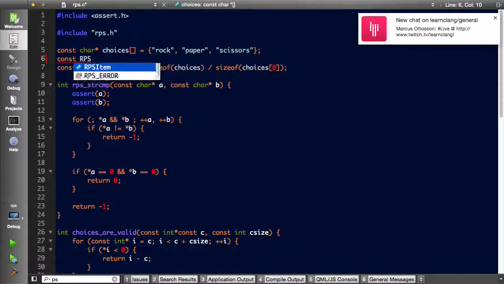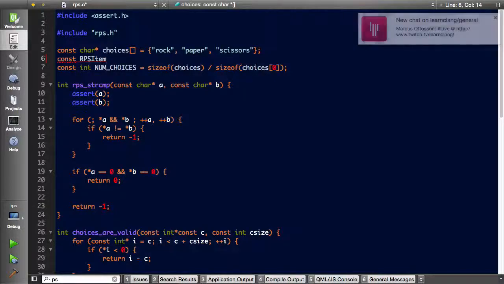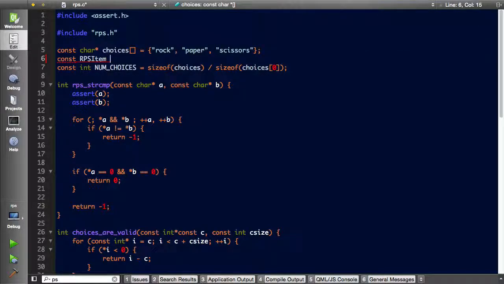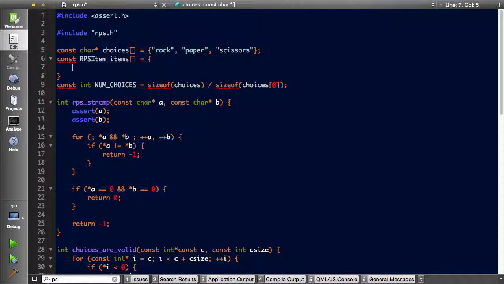So how do we do this? RPS item. We keep the actual RPS item. I was kind of tempted to put a pointer here just because I was writing what I saw a line earlier, but the pointer is implied because we have an items array, and we know that an items array is just a pointer to the first byte of the first member of the respective item. And we want to initialize it right away with the three items that we know, namely rock